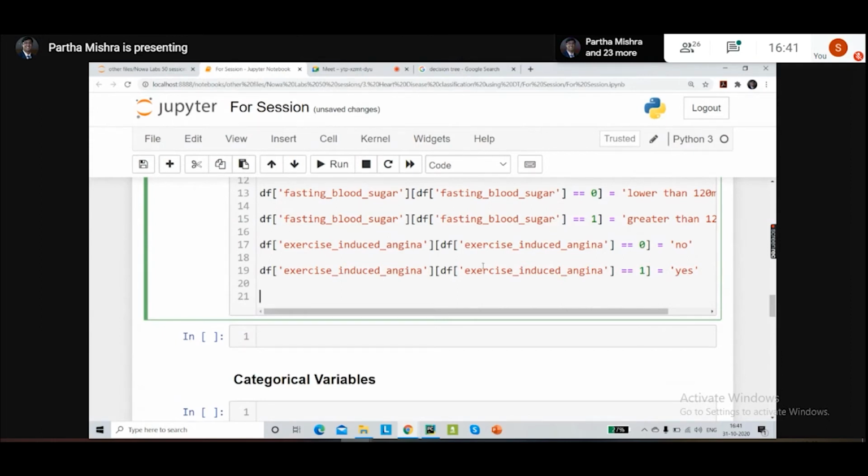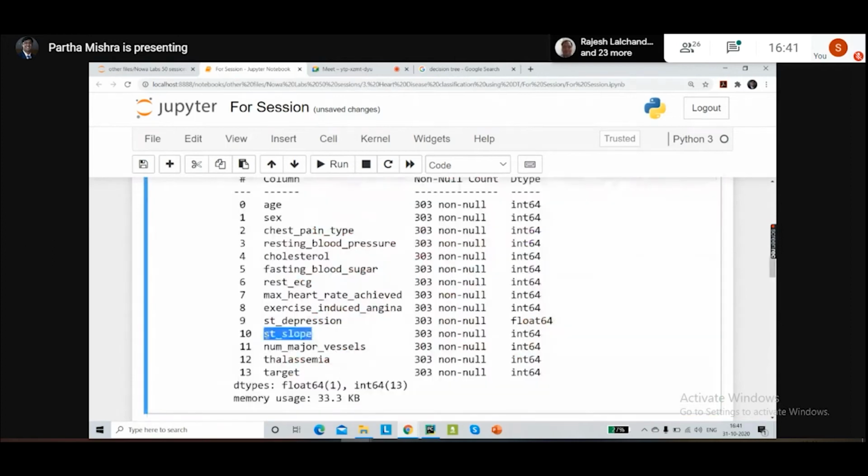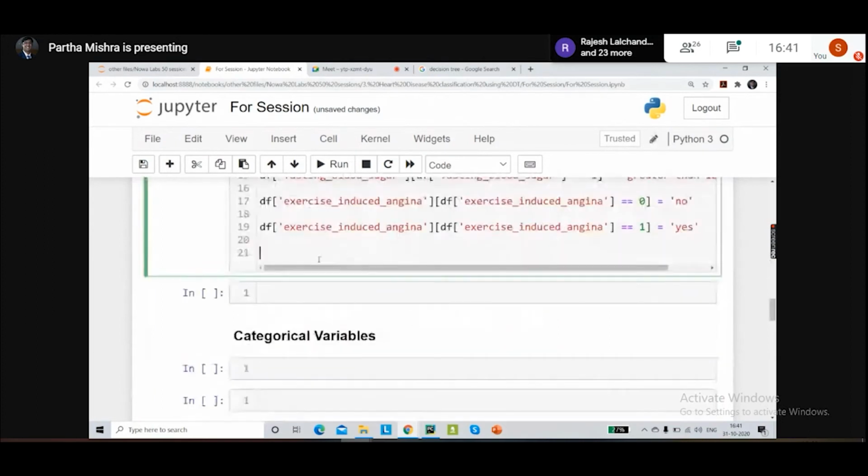The next is what is known as ST slope. These are all medical terms, so if you're interested, you can go through these terms, Google them, and understand what exactly they are.